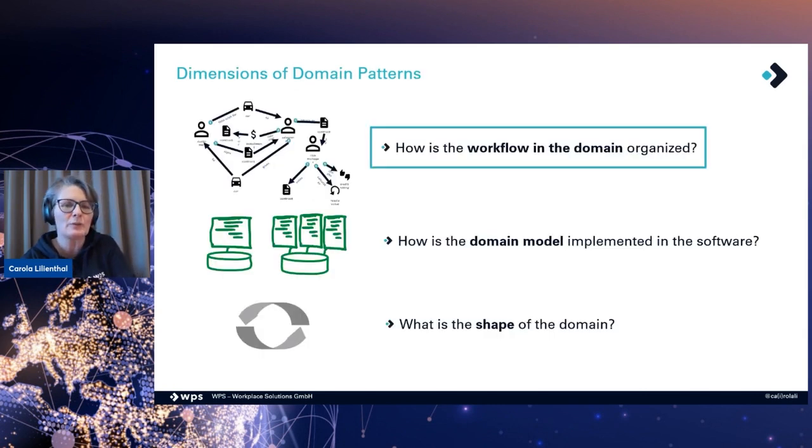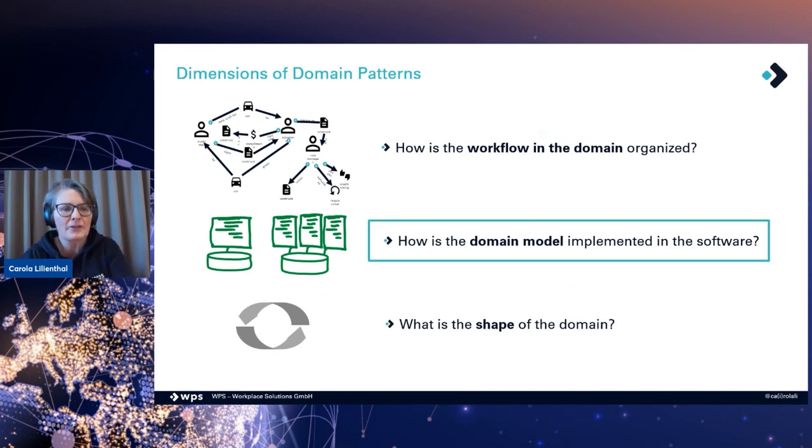The second dimension we will look at is how the domain model is implemented in the software. If you want to decompose a software system, you will have more trouble with systems where there is a central domain item than with domains that have naturally formed special domain items for each department or for different parts of their domain. As an example of such a central domain item, I will use container terminals.